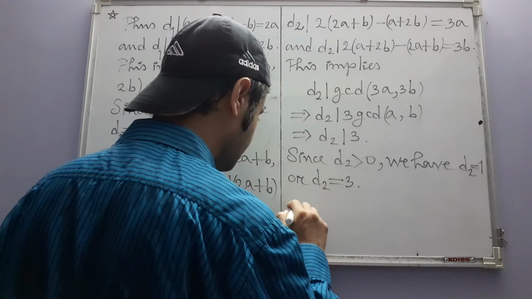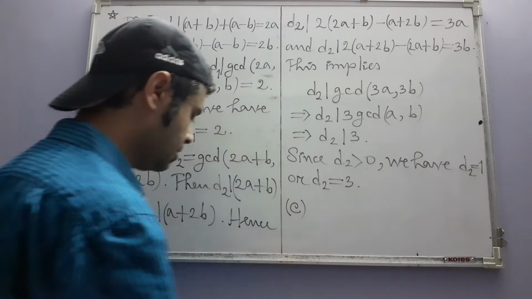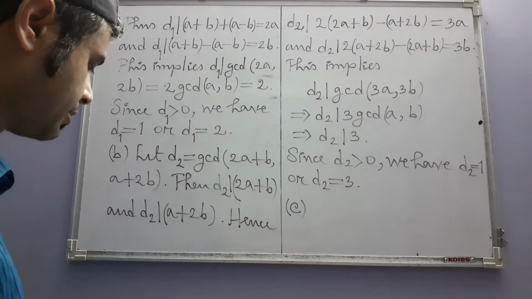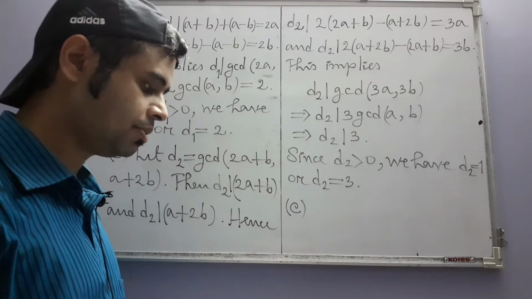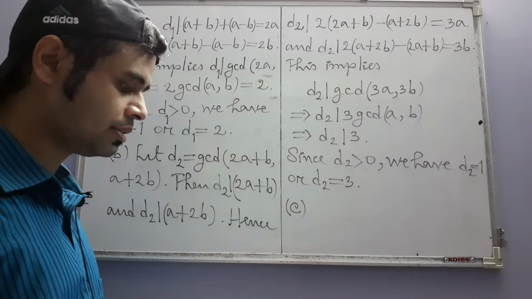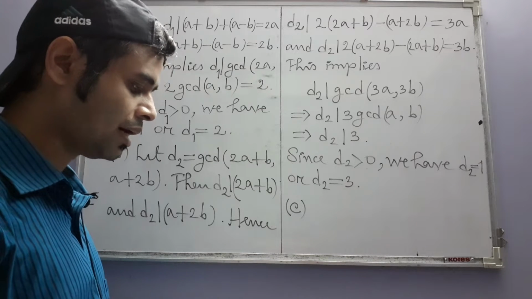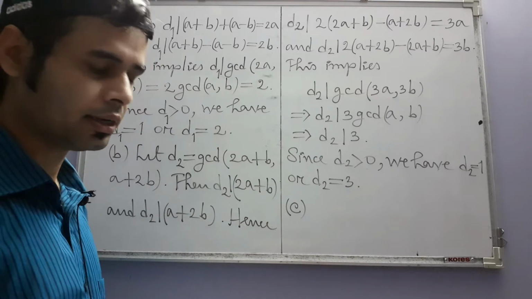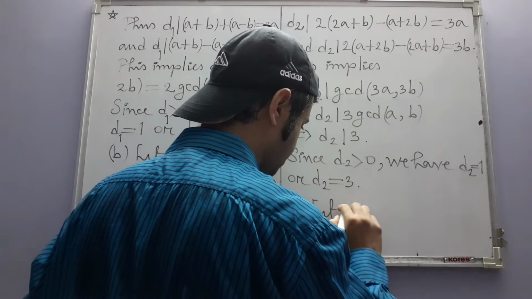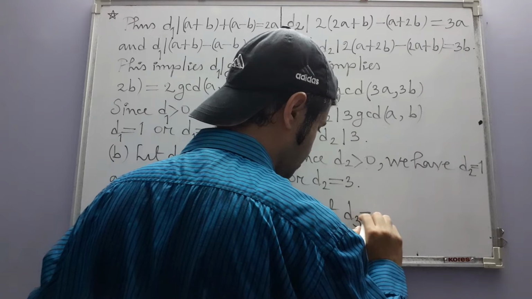Okay, then we move on to part C. In part C, the numbers that are involved are a plus b and a square plus b square, and we need to prove that their GCD is either 1 or 2, like part A. So let D3